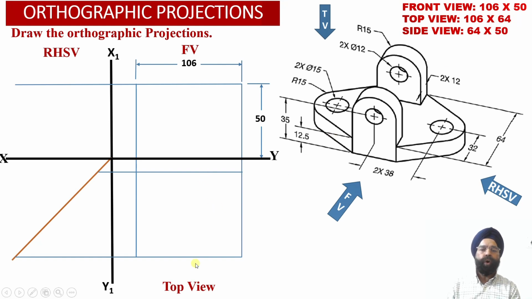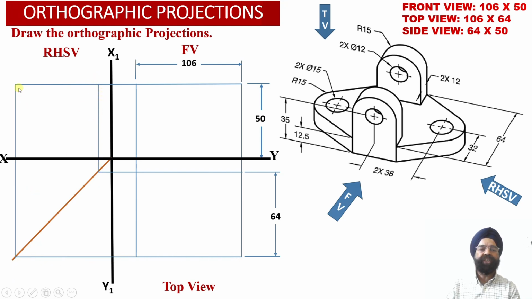So two horizontal projector lines have been drawn into the top view projection area, separated by the distance 64 millimeter, so that these two projector lines represent the depth of the solid equal to 64 millimeter,